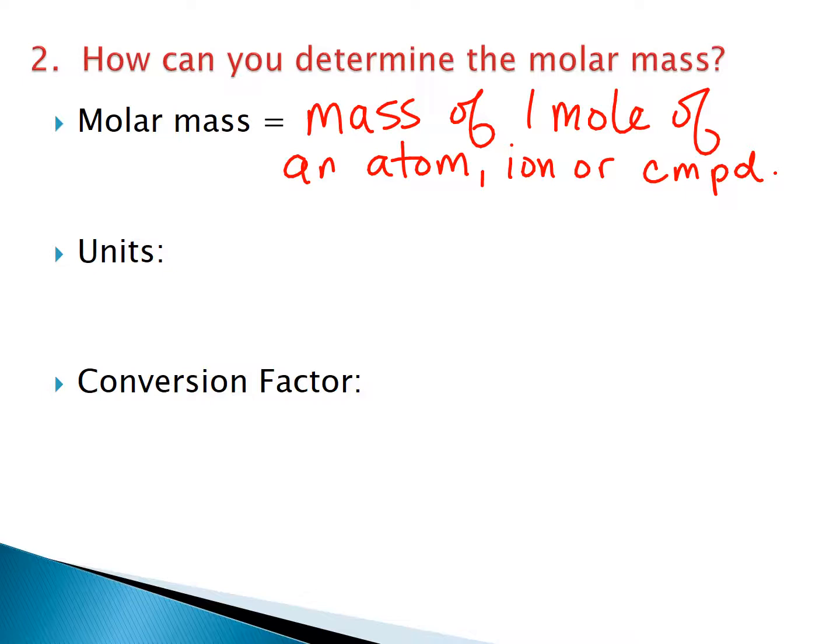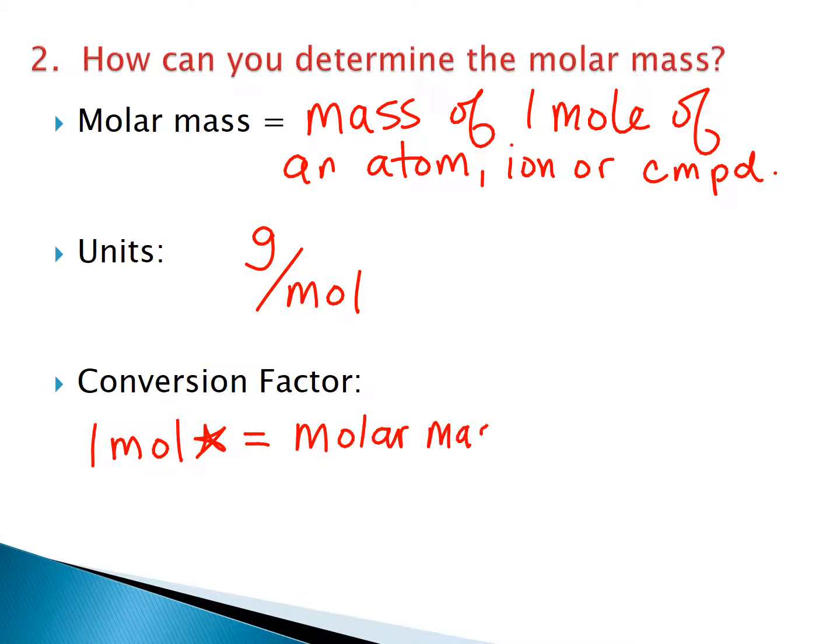Now, since it's the mass per mole of a compound, the units will be grams per mole, or grams divided by moles. All right? Now, this becomes a really neat conversion factor to use in dimensional analysis. If we know that 1 mole of anything, and I'll just say, so we'll do 1 mole of star, will equal the molar mass of star. Right. So the example I gave you before was 1 mole of carbon will have a mass of